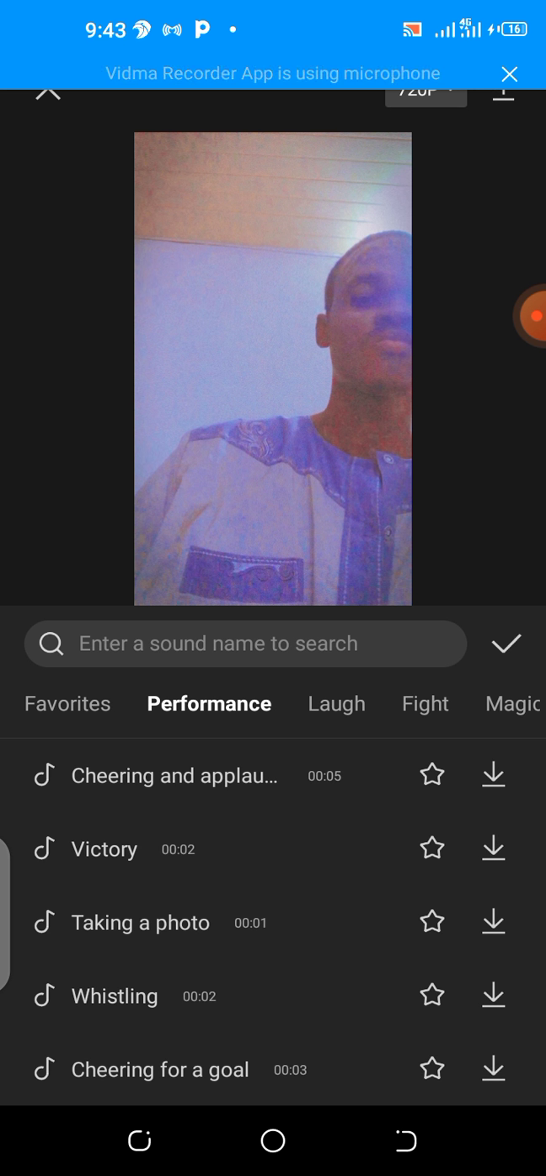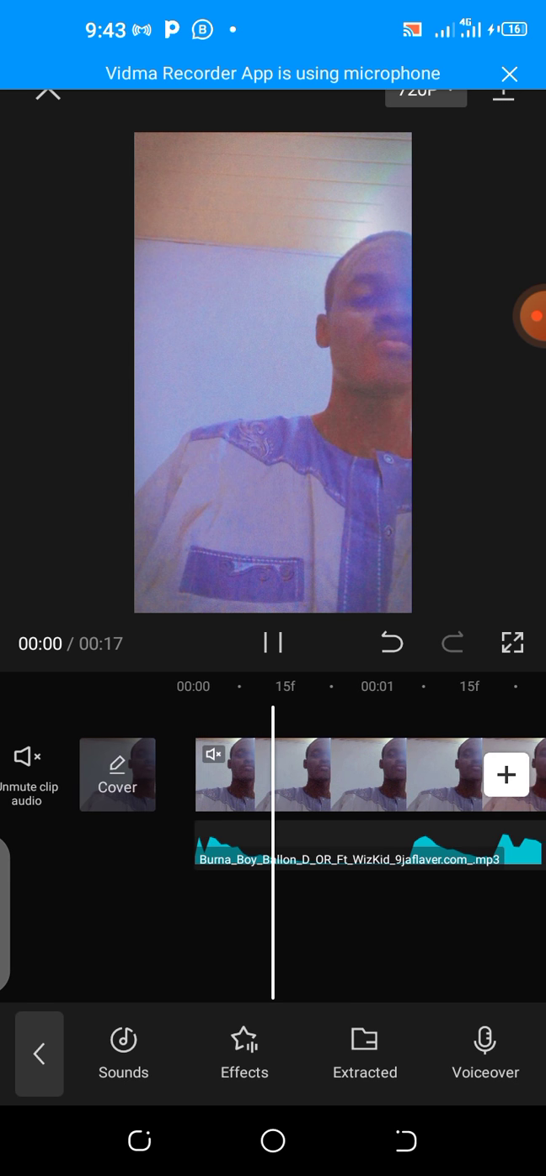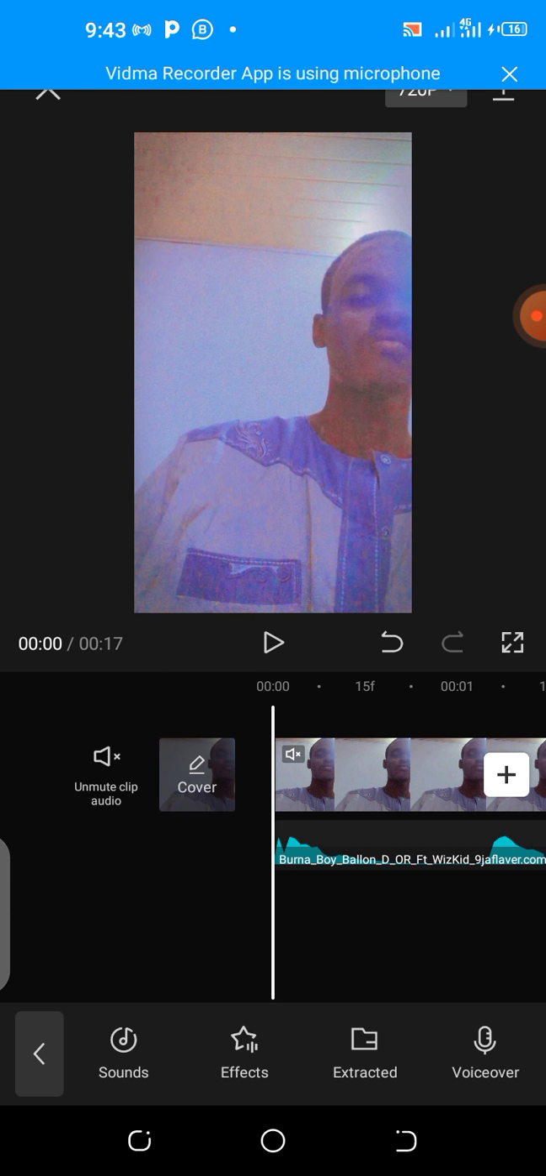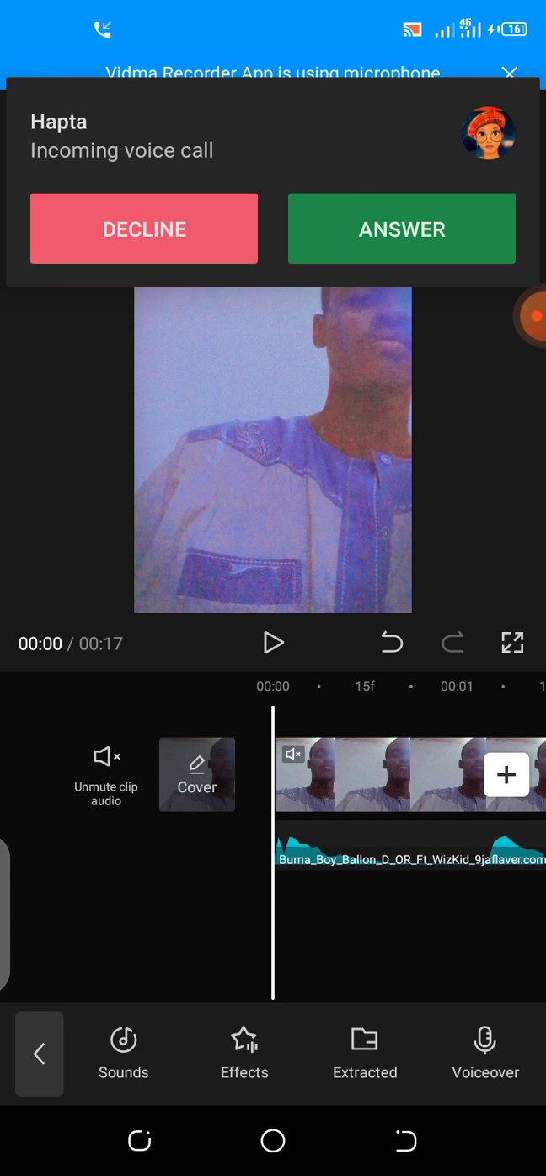Maybe you're doing some special effect, maybe taking photos and you want to hear click sounds. You can add those, those are what effects are for, you understand? So you can just choose to add it to your clip. Those are what effects are for. Extracted, those are maybe saved